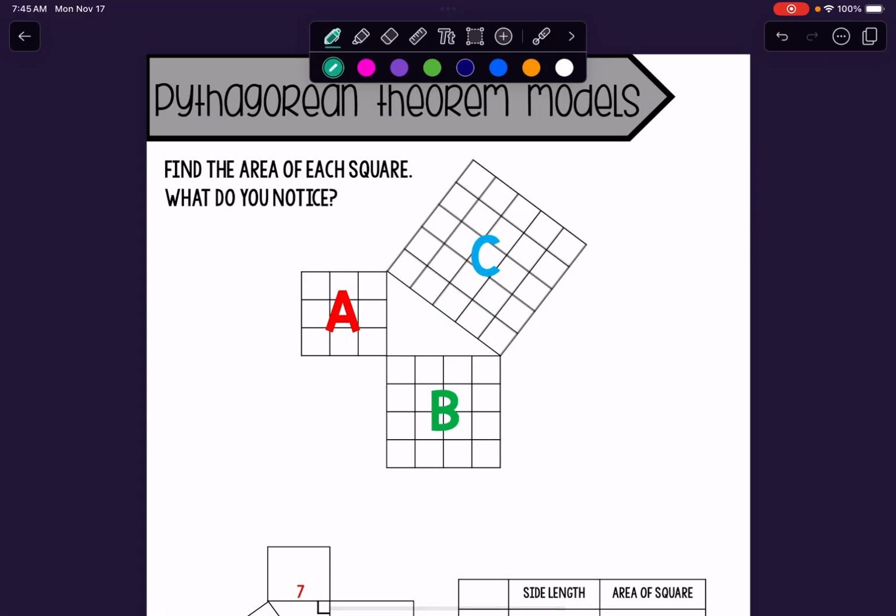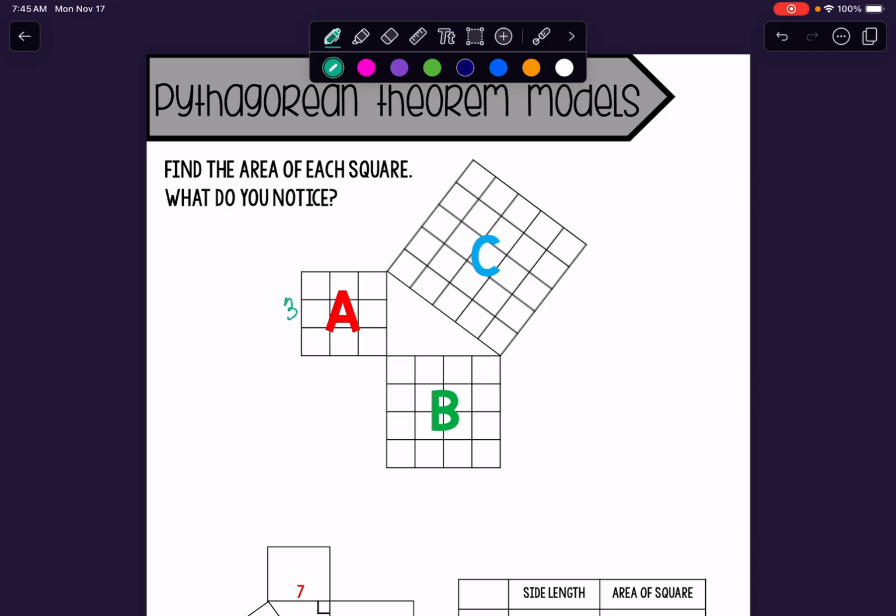Hey guys, so based off of the Pythagorean theorem investigation that we did, this is just going to be wrapping it all up together for the models that you're expected to see. So basically, when we were looking at your models, you determined that if we look at this square right here,